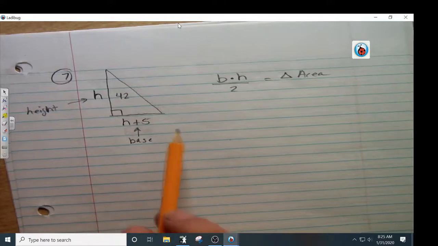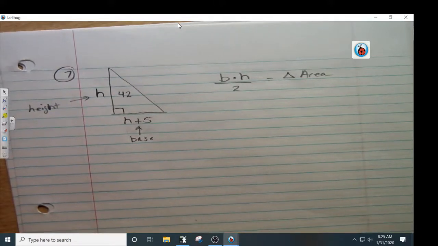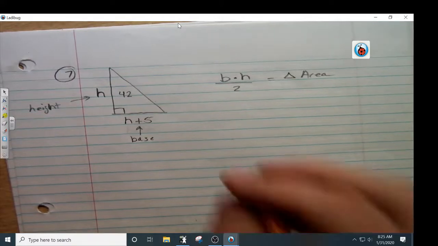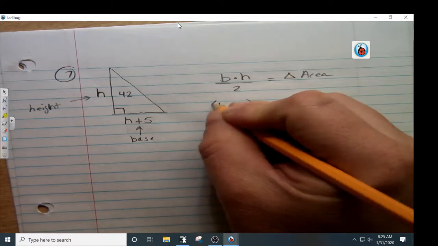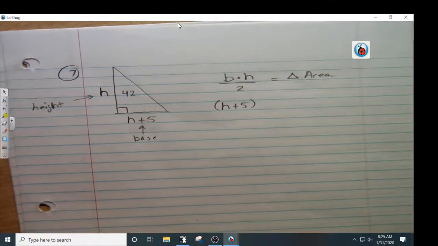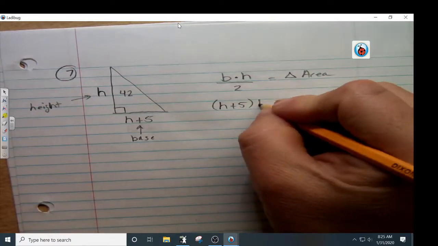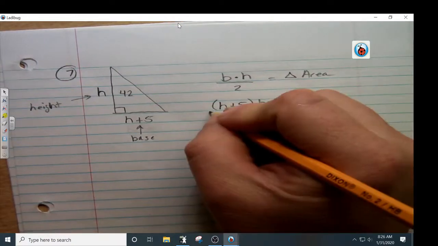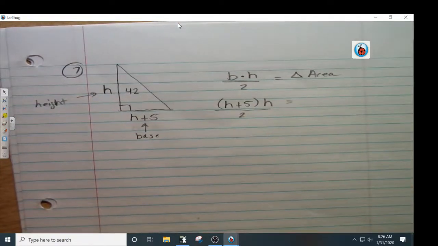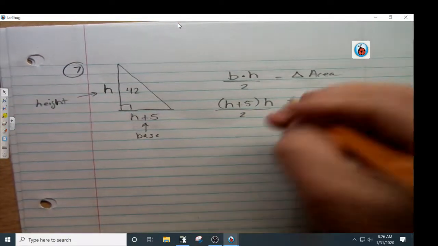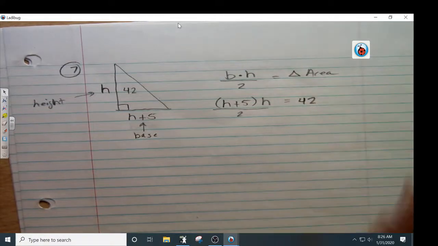Now, so we need to fill this in. Which expression is B? H plus 5. What is the expression for height? H. And guys, it's going to look a little funny, but we can still work with it. All right. What is the area that's given to us? 42, right? All right. Now,